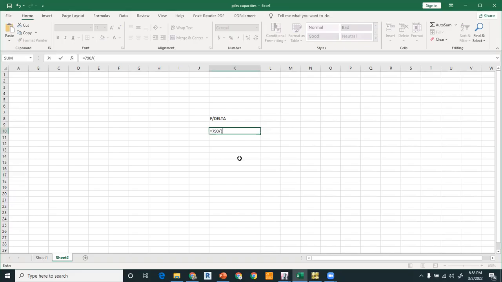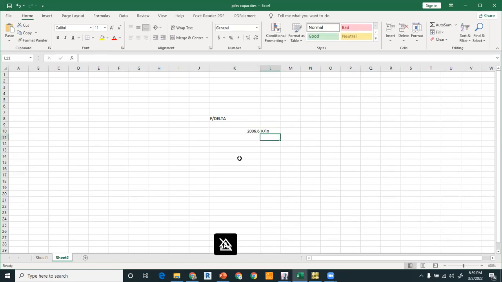From different researches and case studies, which you can also find in the books, it was found that if a pile penetrates or settles 10 millimeters, it will be considered a failure, just like we did in the raft for the 1-inch settlement. So if you divide by 10 mm and convert it into inches, it comes out to be 2006.6 kip per inch. Now it is your choice which equation you will use